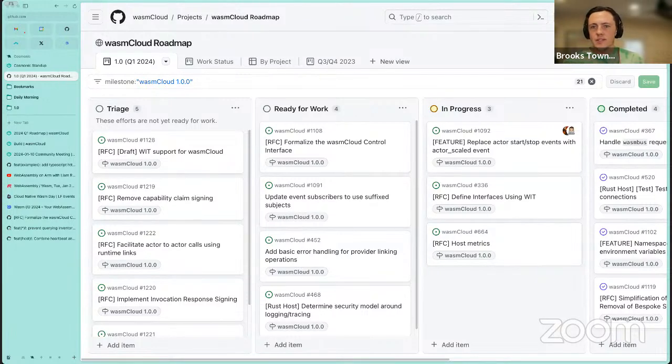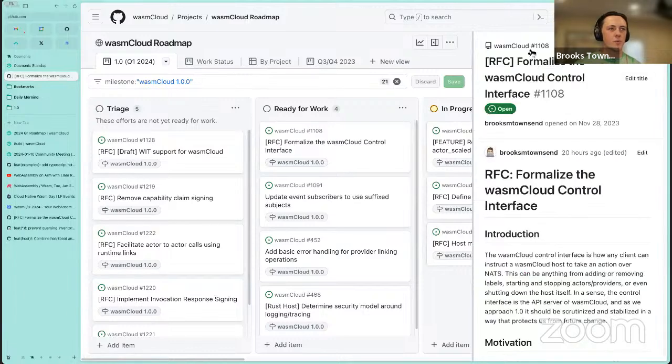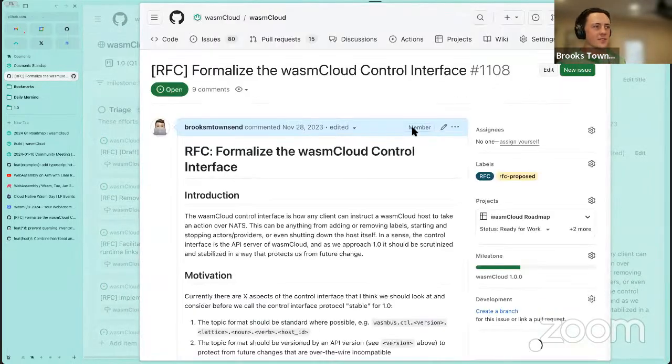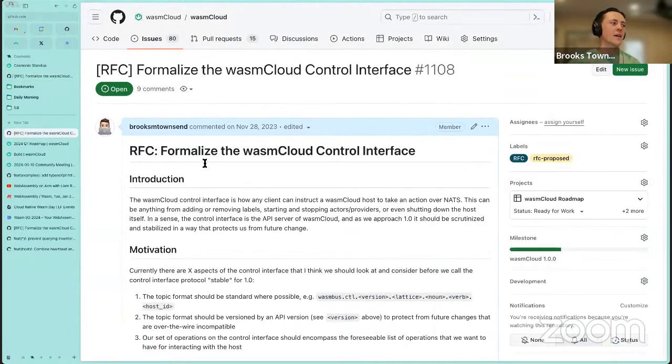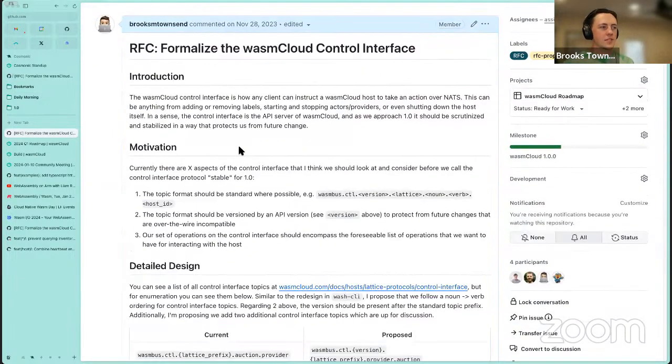Okay, I will continue droning for just a few more minutes because I want to talk about one of the more significant features of the RFCs that's ready for work now. At least I think so. I've asked for just a little bit more feedback, and that is formalizing the control interface. We talked a little bit about